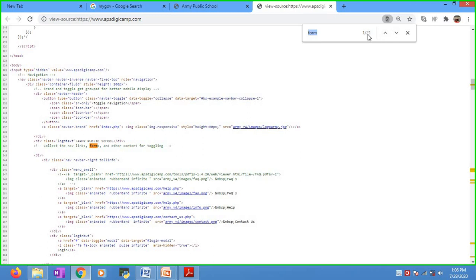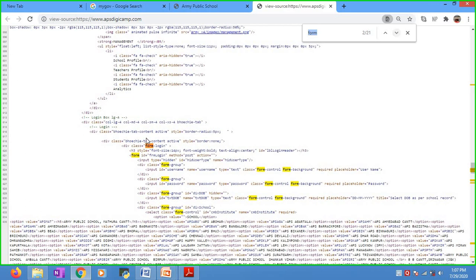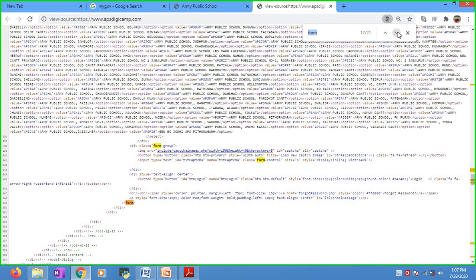See, there are 21 forms. So there they have used a form. Next, here form login. And the closing also, okay, at the end there must be a closing. See, this is a closed form.